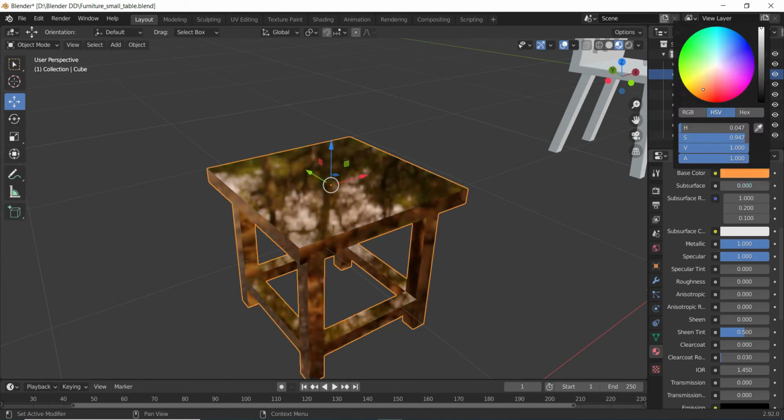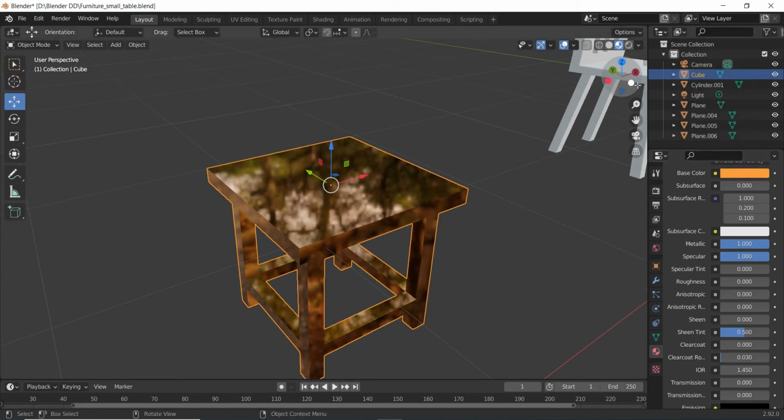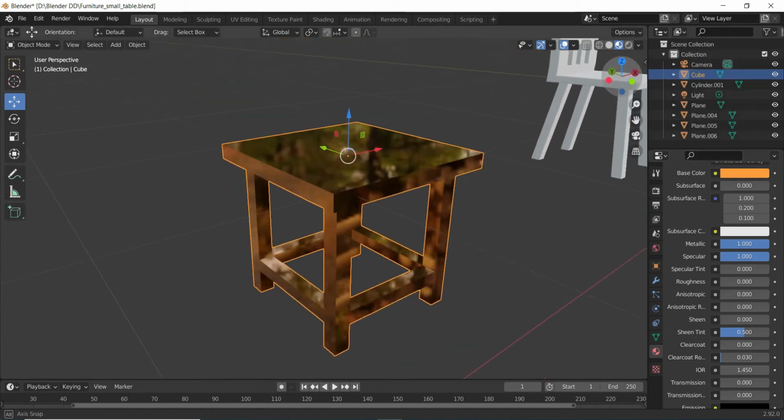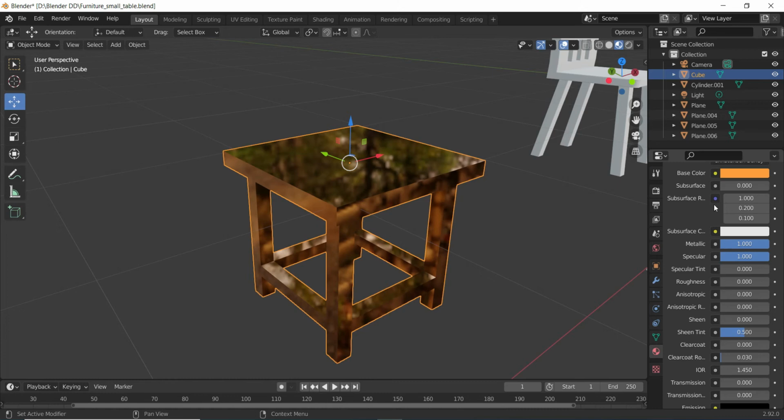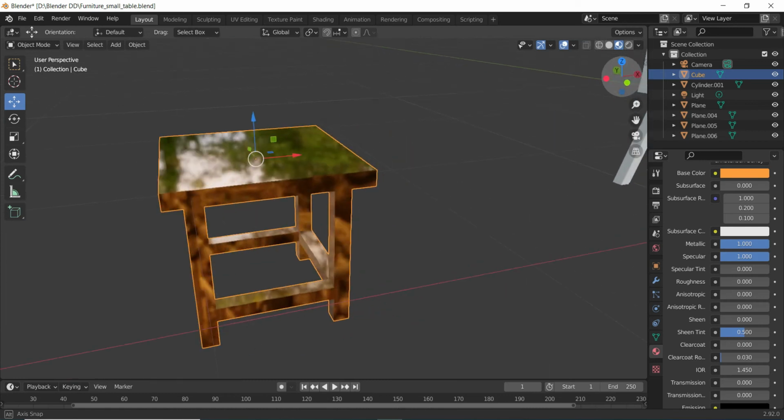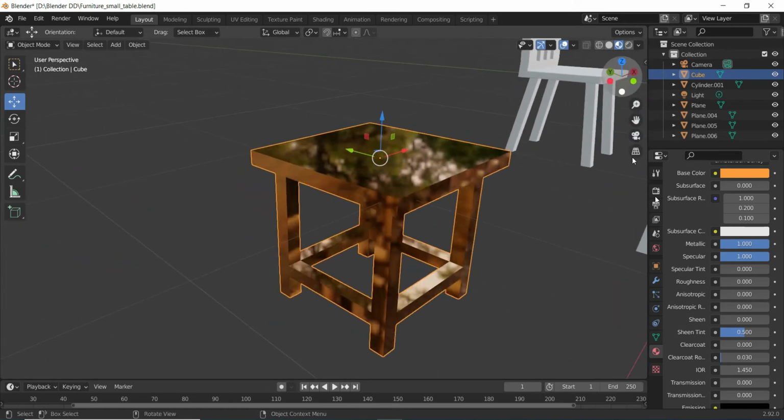With that sort of color tone, it will become metallic. So in this project, we will be just working with these 3 parameters and the base color option, and we will be giving the desired look to our objects. So obviously for the furniture, this much metallic and specular shine should not be there, until and unless you are choosing to create the material for an object made from plastic. But we rarely see this much shine even on plastic furniture.